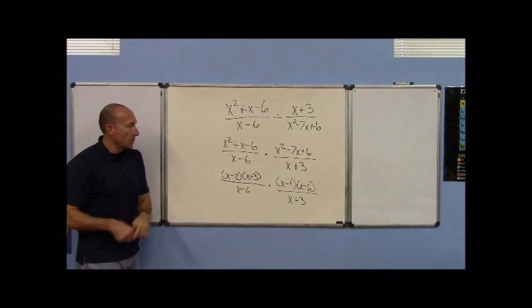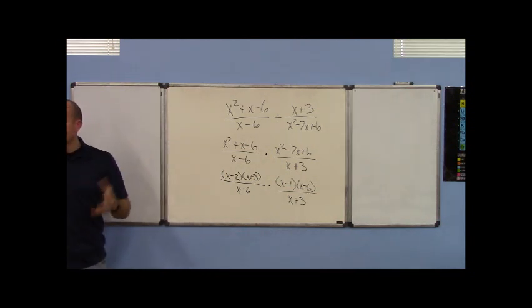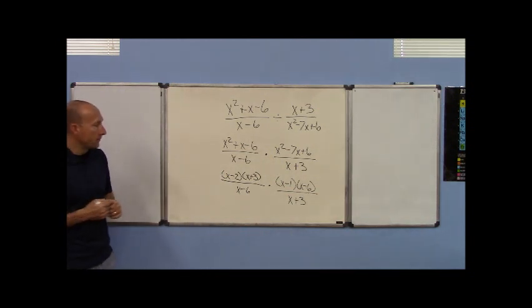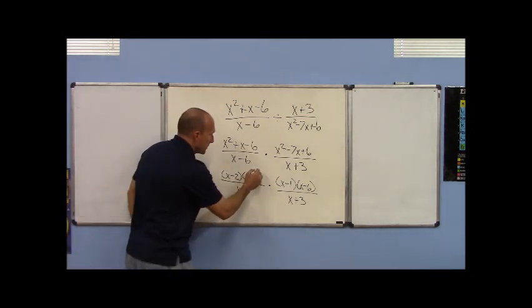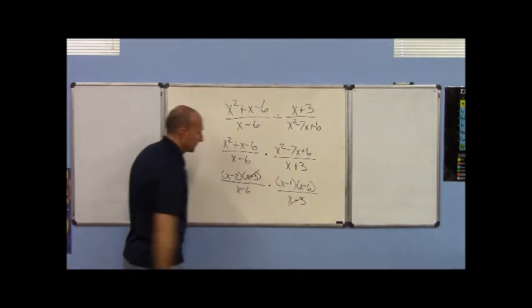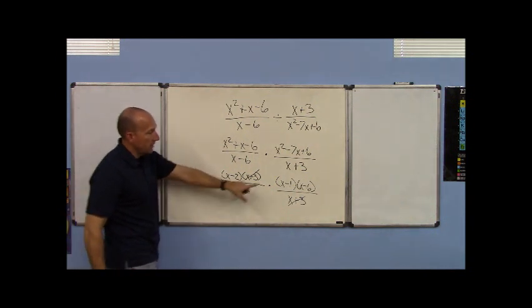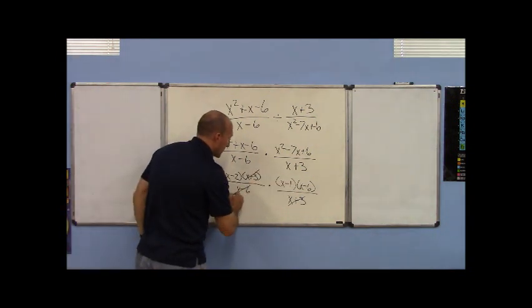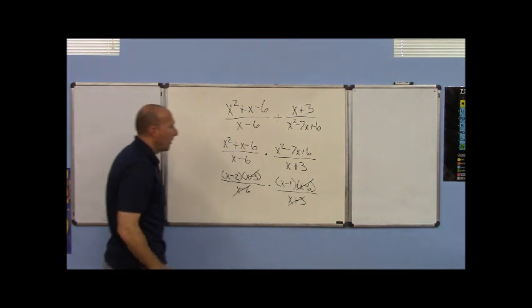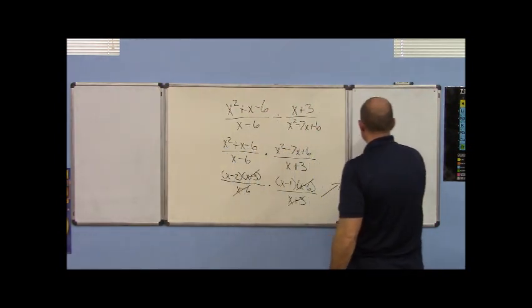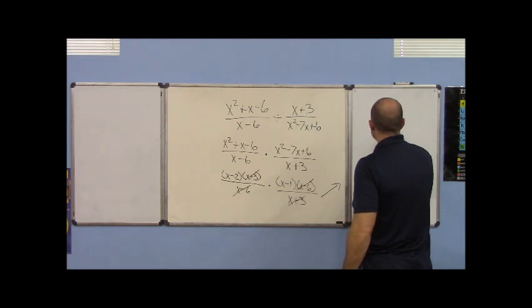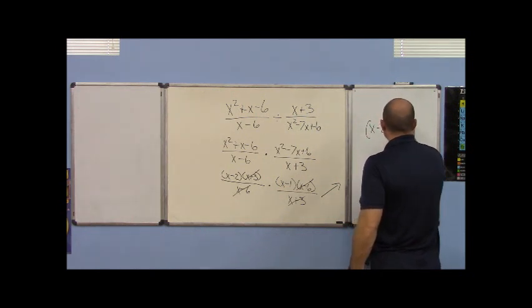So now we are in our most basic form. Now we simply go through elimination. We see that there's an x plus 3 up top and the bottom, so we can scratch those out. X minus 6 on the bottom, and there's one up top. We can scratch those out. And all we are left over with, and we're going to move this up here, is (x minus 2) times